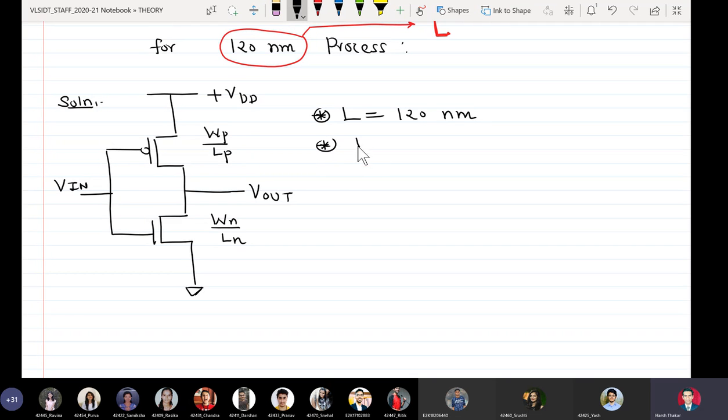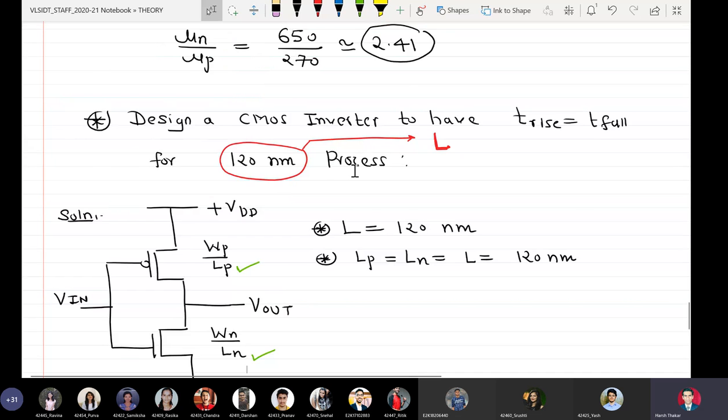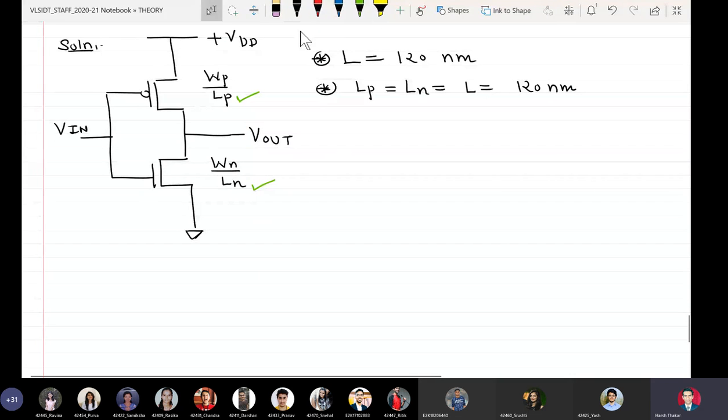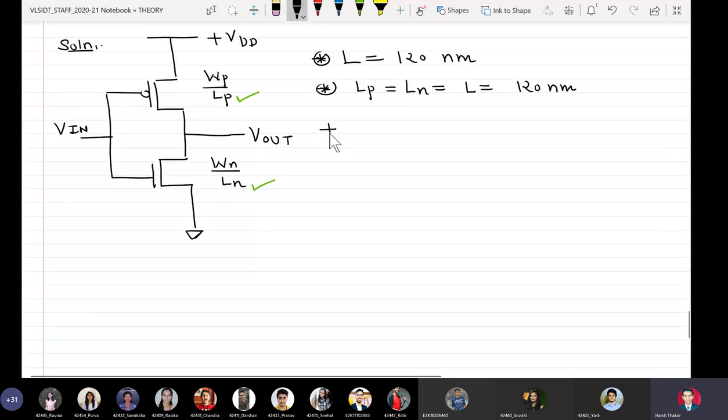Second fact is Lp equal to Ln equal to L equal to 120 nanometer. That means what? Out of these 4 parameters, already the value of Lp and Ln is given. So Lp and Ln automatically become 120 nanometer because the process is 120 nanometer. Okay. Now, third important step is this, that